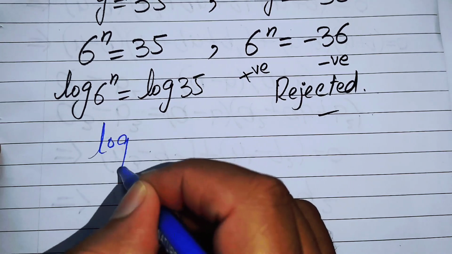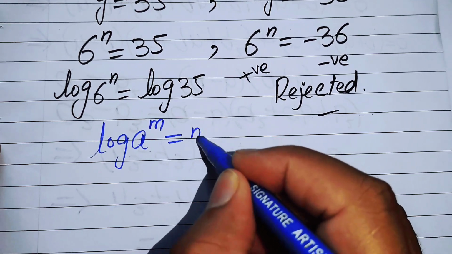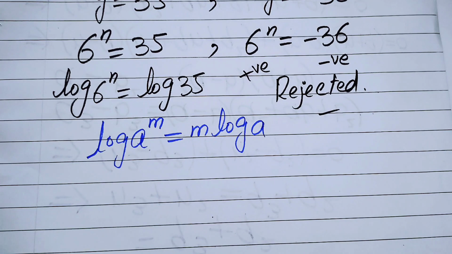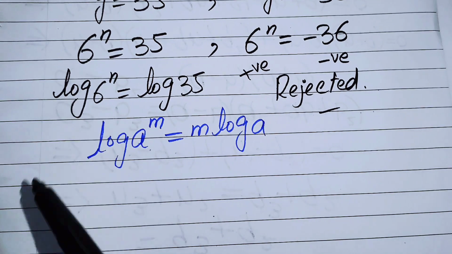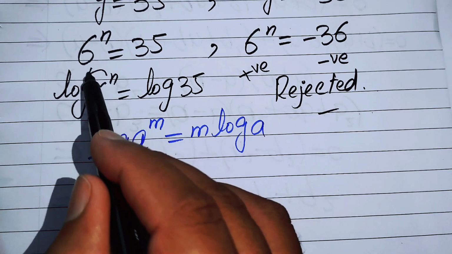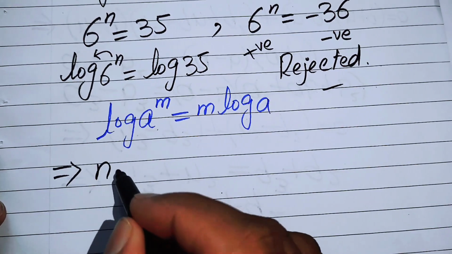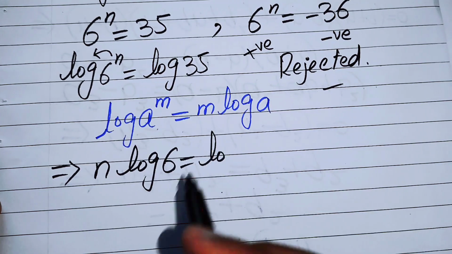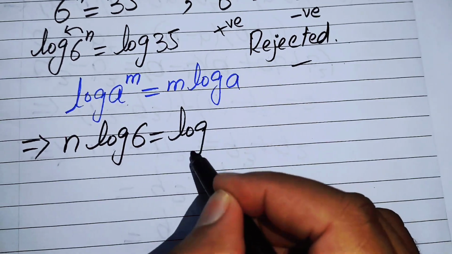If we have log of a to the power of m, it is equal to m times log a, so we can use this property in the left hand side, so this exponent will come in front of the log, and it implies that n times log 6 is equal to log 35, and we can write this 35 as